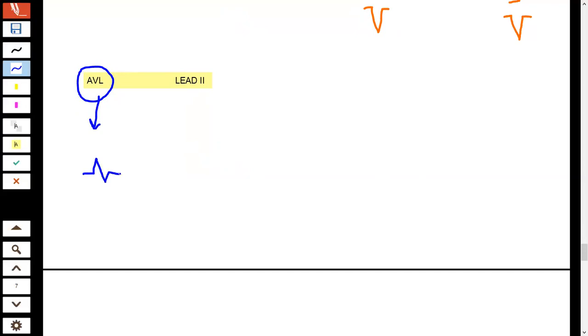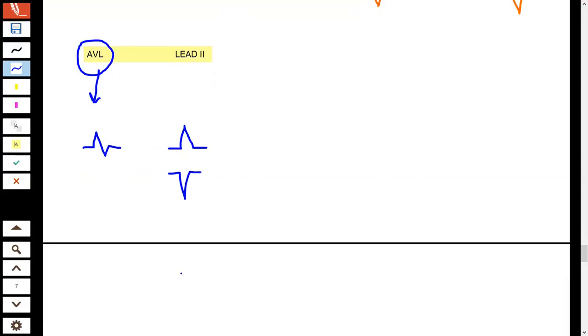So we set the AVL as the reference point, and in lead 2, if the action potential is towards the same direction, the lead will be positive. We will see the above QRS complex. That's what we call the axis pointed in the same direction. But if the axis is in the opposite direction, lead 2 will show the negative complex. This is the second rough method by which you can interpret the cardiac axis.